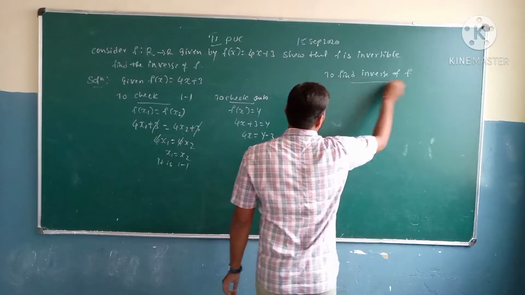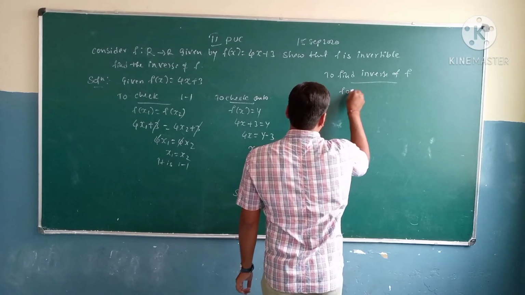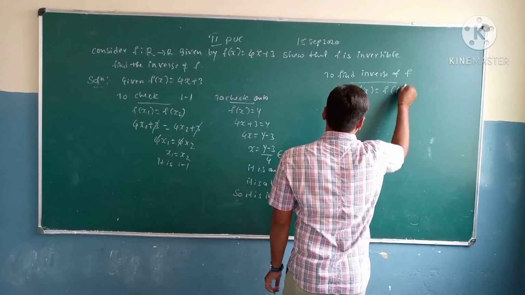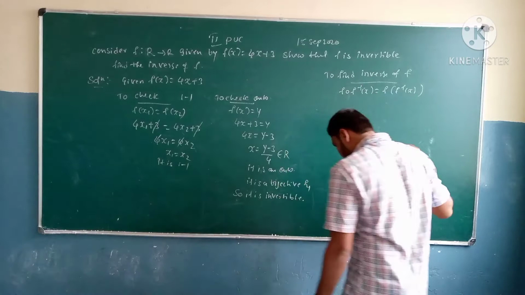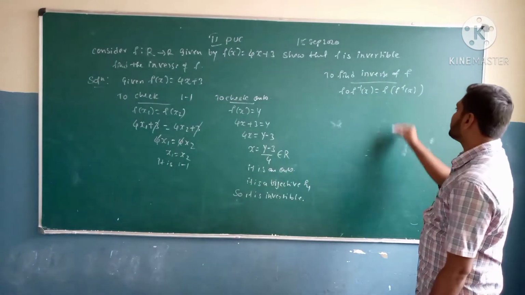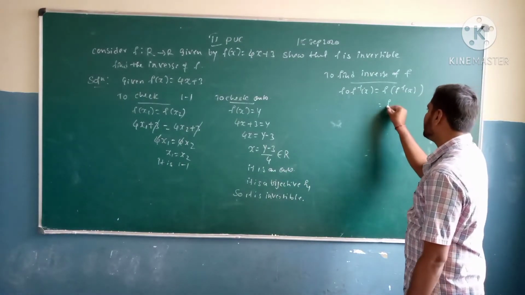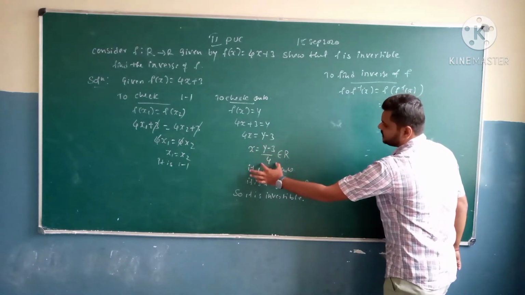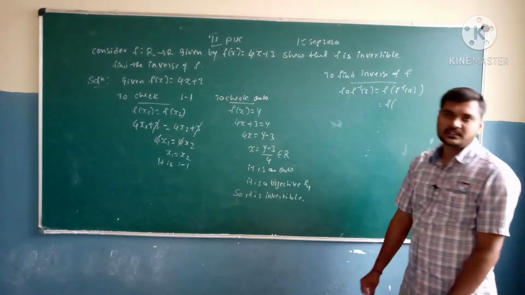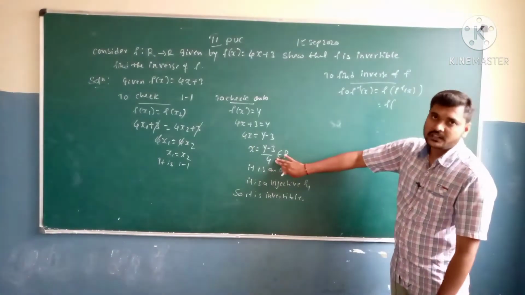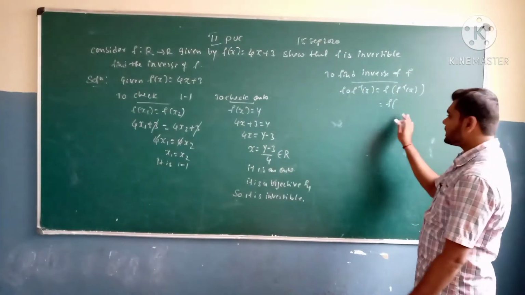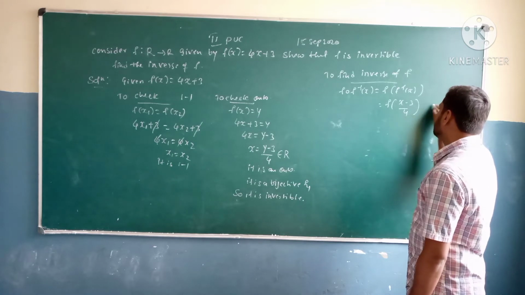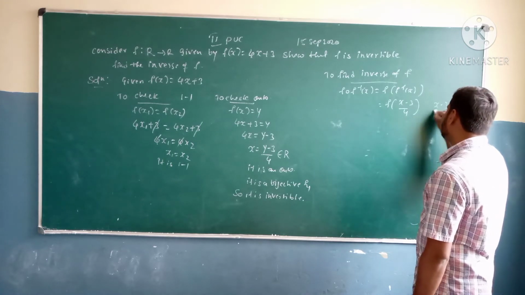Find inverse of f. So that's going to be f inverse of x. We need to find f inverse of x. So what comes as f inverse of x? Here, y is equal to x is equal to something that has come, so that's going to be the required f inverse of x. This is what we call f inverse of x. Here you have y formula, I want x formula, so x minus 3 divided by 4. So here I am going to take x minus 3 divided by 4.